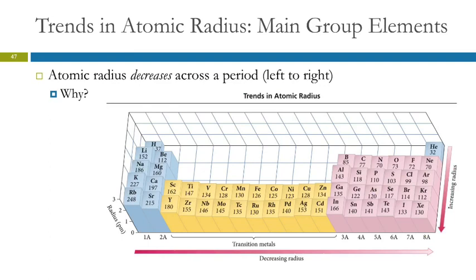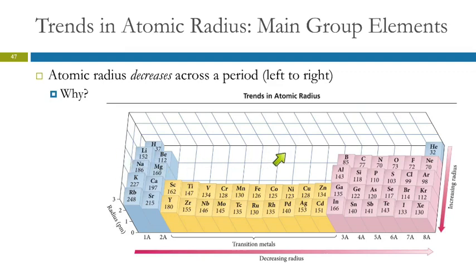So here's a different version of the periodic table where we're showing the size. These are atomic radii, not atomic numbers, atomic radii in picometers. So here's lithium, 152, neon's only 70. What happens